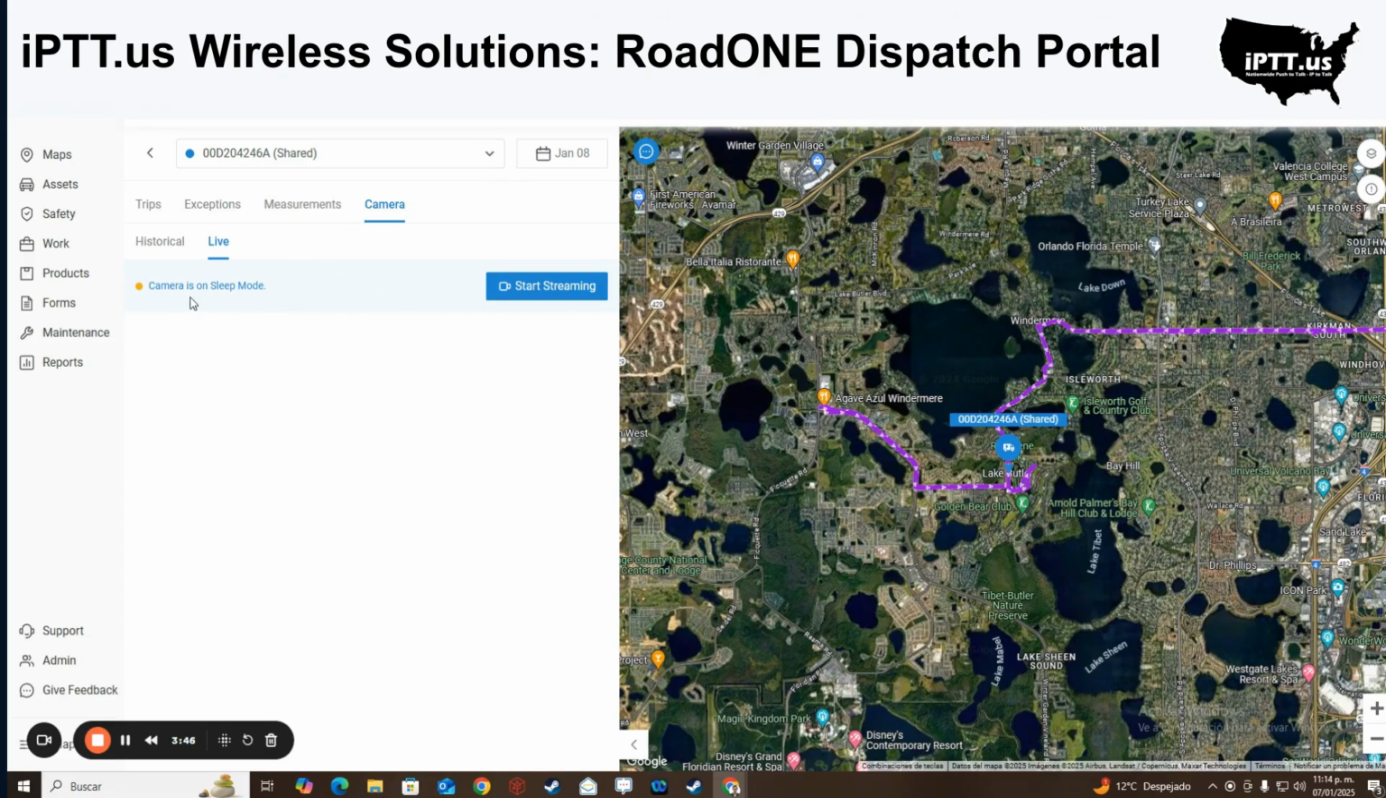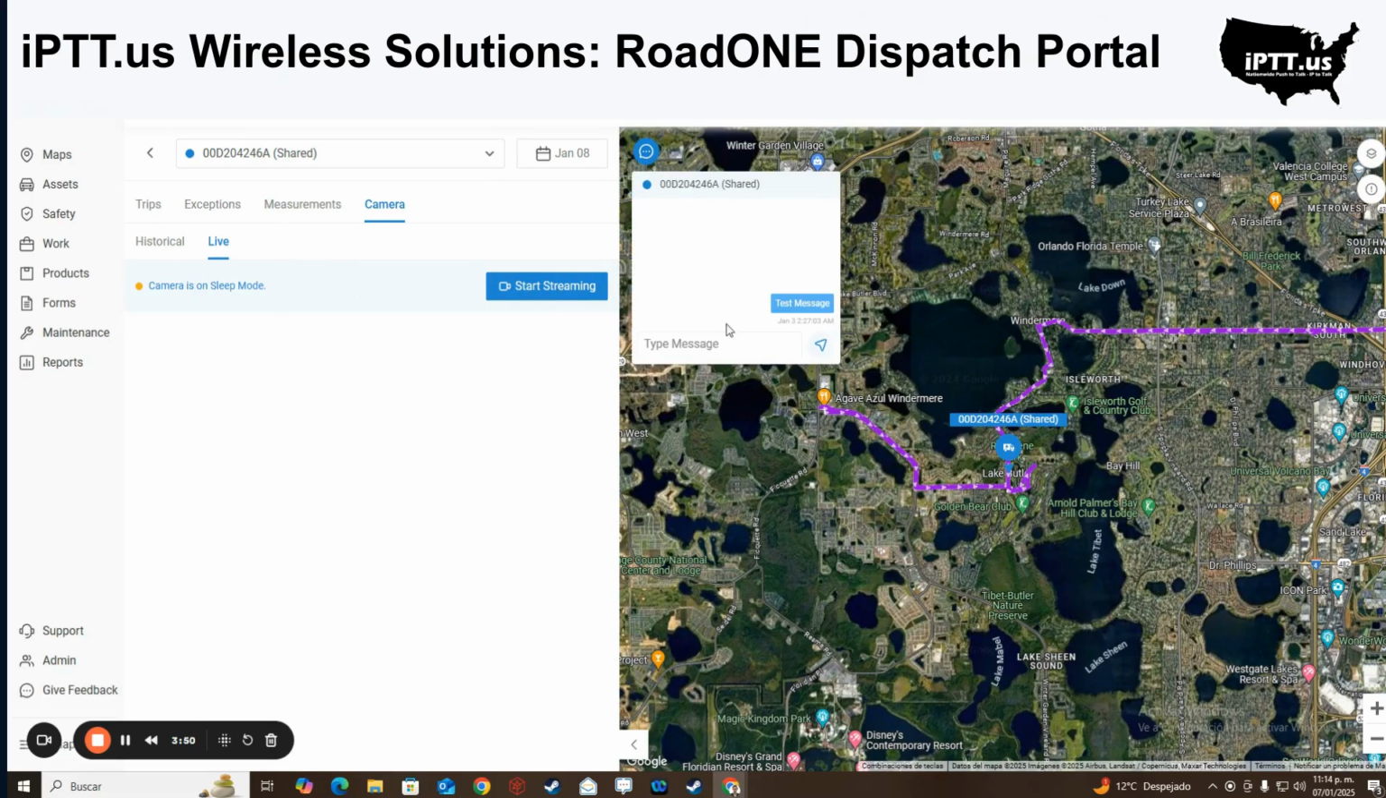Now you can see the live streaming when you click here, and also, with this icon here, you can send a text message to the driver and the camera will replicate it as an audio message, meaning that your driver does not need to be grabbing his phone, as these devices have built-in speakers and microphone. So you can send whatever message you want here and just send it, and the camera will replicate it